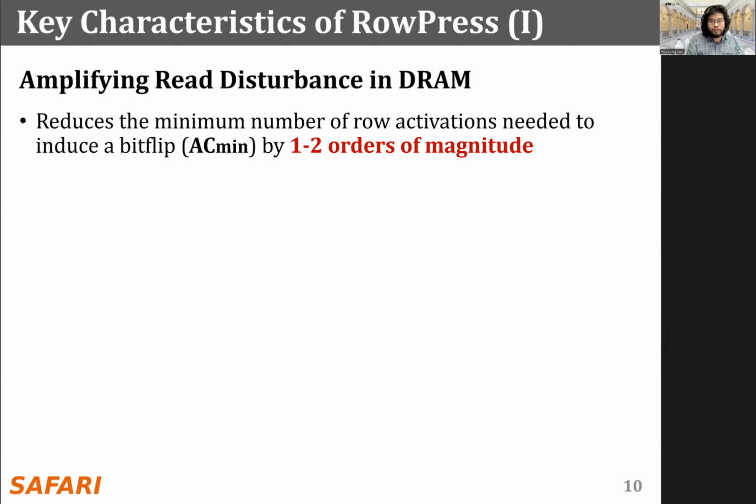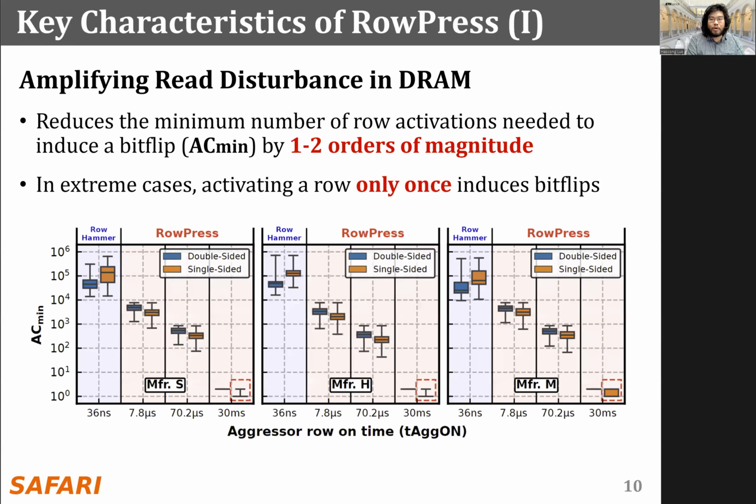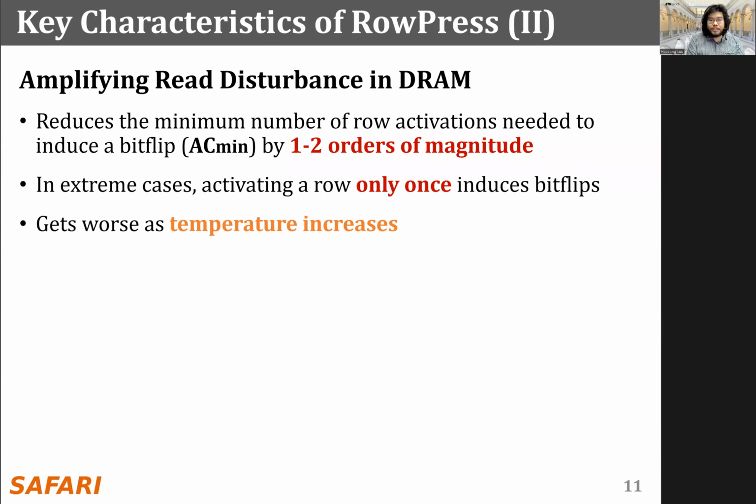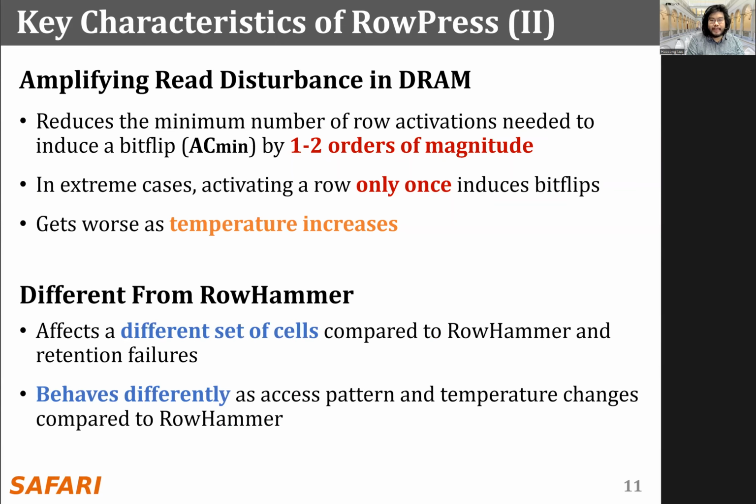by 1 to 2 orders of magnitude. Second, in extreme cases, activating a row only once induces bit flips. Third, it gets worse as temperature increases. RowPress is different from RowHammer because it affects a different set of cells and behaves differently as access pattern and